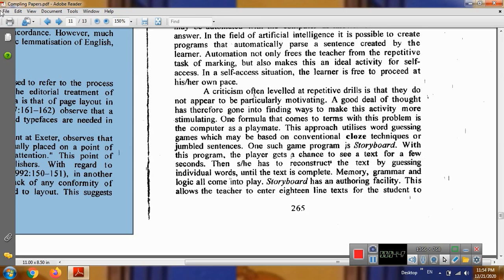Then she or he has to reconstruct the text by guessing individual words until the text is complete. Memory, grammar, and logic all come into play. Storyboard has an authoring facility. This allows the teacher to enter an 18-line text for the student to